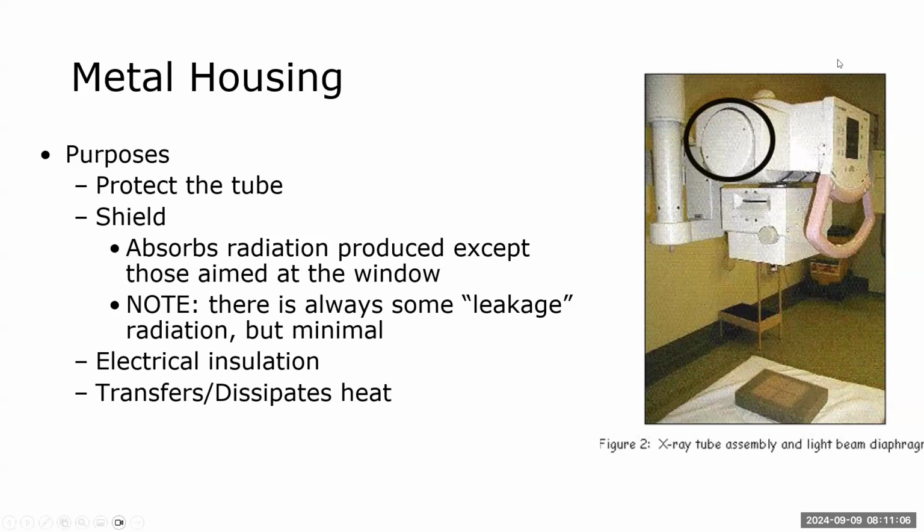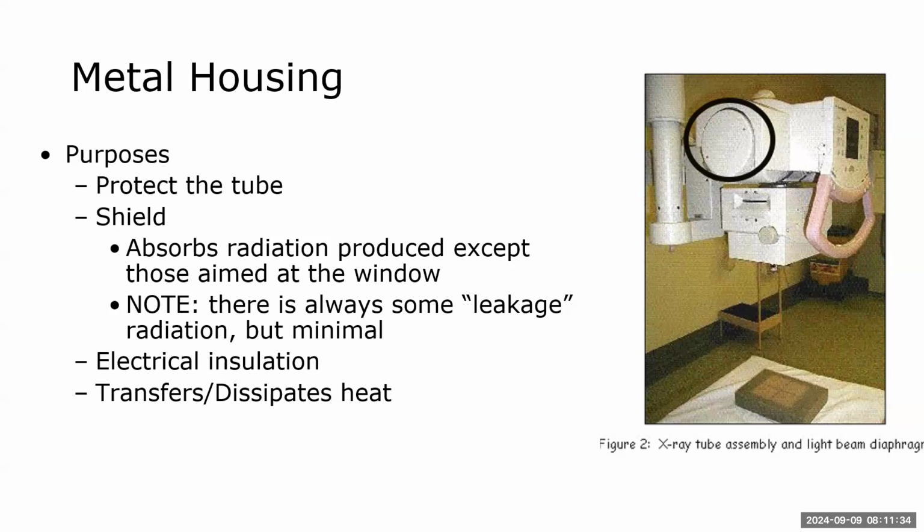So again, this area here is the housing. It does a couple of things. It protects your tube, and it also acts as a shield. So it absorbs radiation that's produced, except those aimed at the window. So there's always going to be some leakage radiation, but it's very minimal, because of the either glass or metal that's surrounding the anode and the cathode, and this extra layer of metal